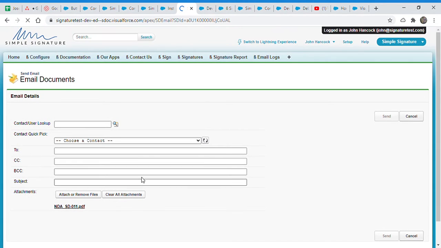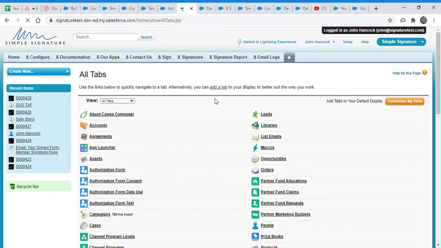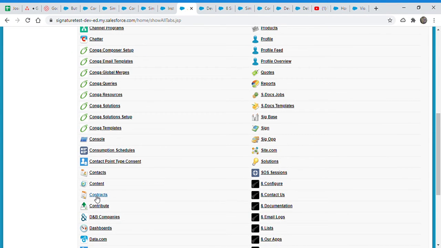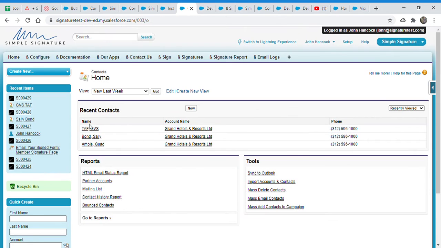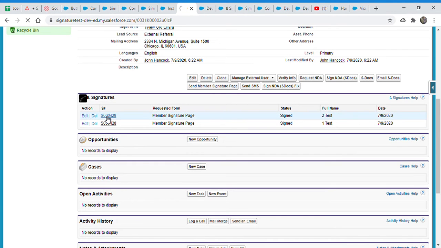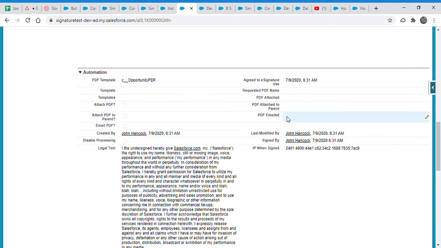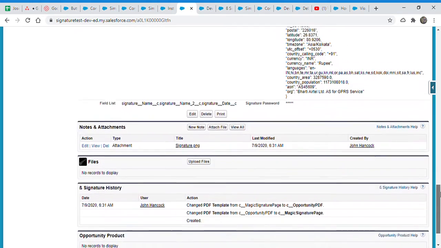Okay, so I don't want to email anything, and let's go back to the record that I was testing with. So let's go back to the contact. I'm not sure where it should redirect to, the contact at the end. I think the S3 email page should do that. And let's go back to the contact. So here we are. The second, yeah, the second that I just created. Okay, so everything is here, and it will not be processed because I just made these 0, that means false. Okay, that's okay. So it's working now, I guess.